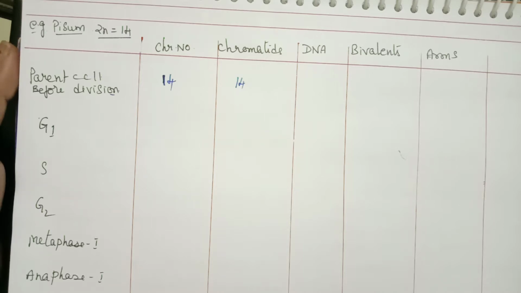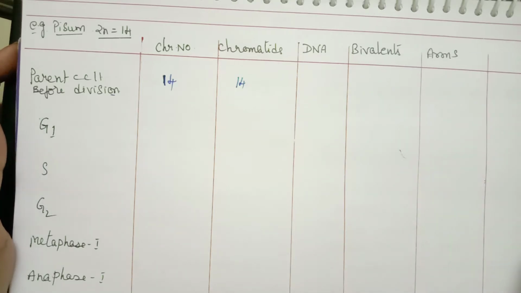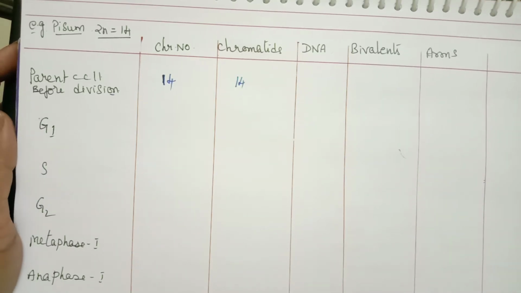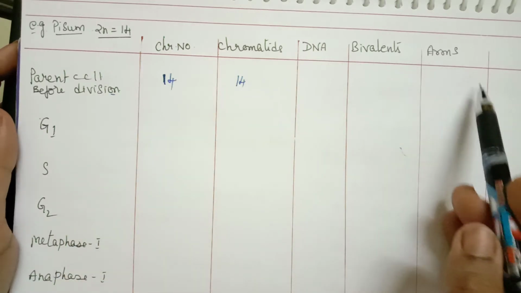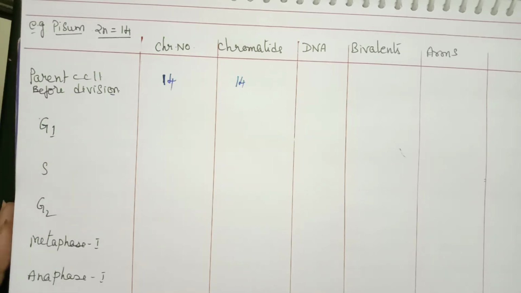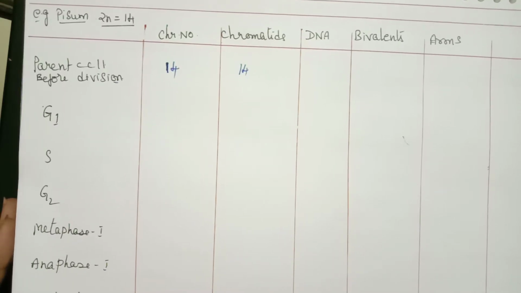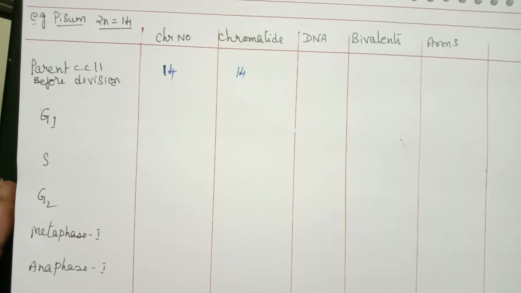In this session, I am going to discuss a few important points regarding meiosis. In my last session, we completed meiosis up to cytokinesis. So here, I want to give you a tabular form regarding different stages of meiosis. This tabular form will help you to understand the process thoroughly and also to answer many numerical questions related to meiosis, and I will also discuss a few numerical questions at the end of the session. So follow my session carefully from the beginning to the end.